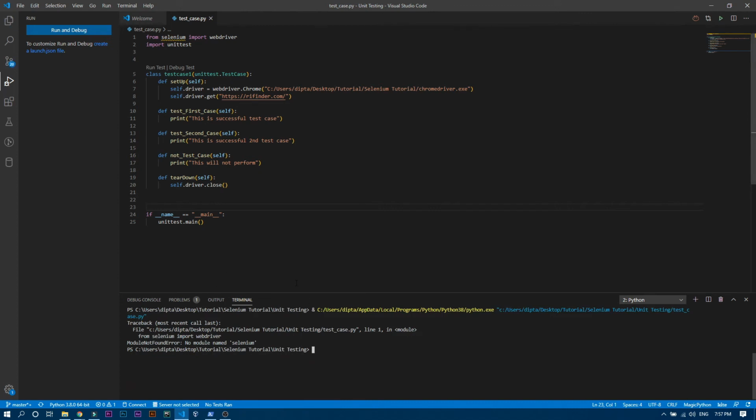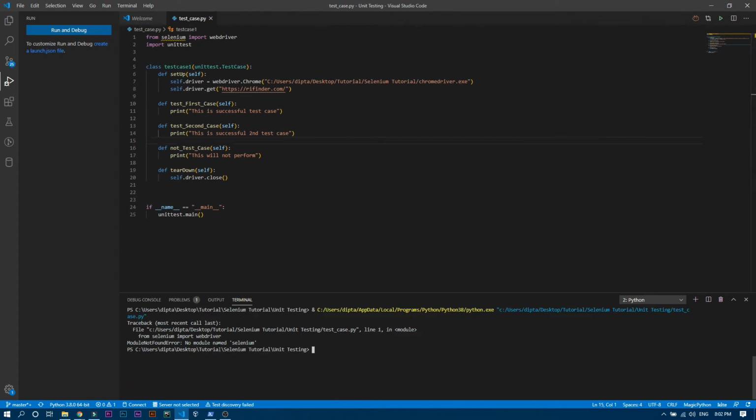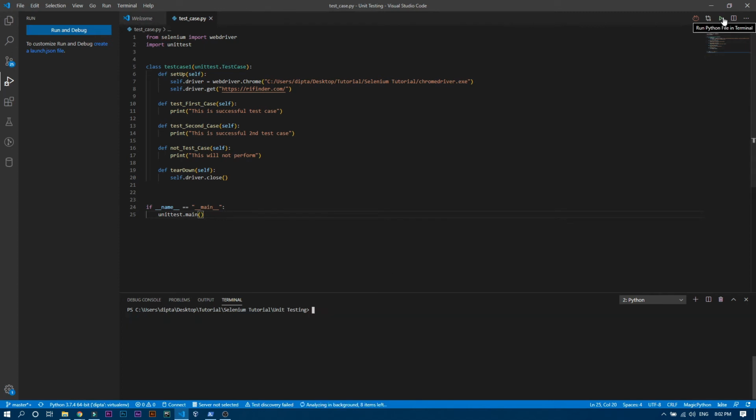So let's clear this terminal and let's run this code. Okay, there is an error. Actually we're getting an error that Selenium module not found. That is because we installed Selenium using Conda, right, using the Jupyter notebook. So we have to change this path with Conda. So 3.7.4, yeah, now you can see there is no error. So let's run this code again. Before that I'll clear the screen. Yeah, now if I run it,